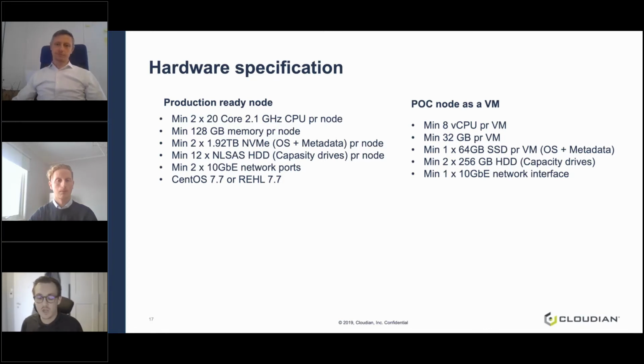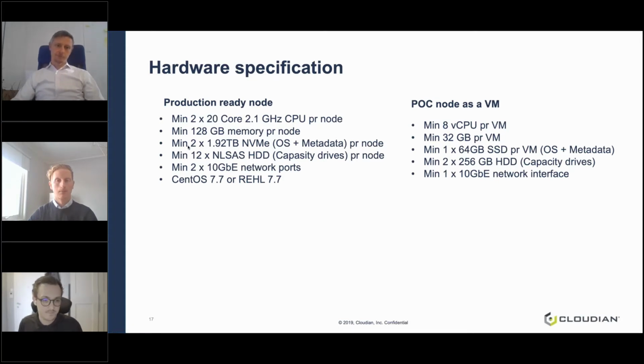So for a production environment, you need minimum 2 20-core 2.1 GHz CPUs per server. You need 128 gig memory minimum, 2 192 terabyte NVMe's or SSDs. This is keeping our operating system and our metadata database Cassandra. And this is a mirrored configuration on those drives, so you can lose one of them and you still haven't lost